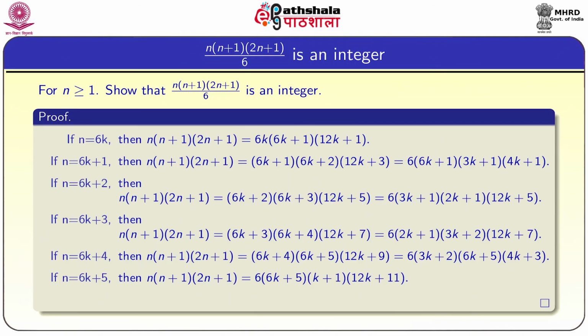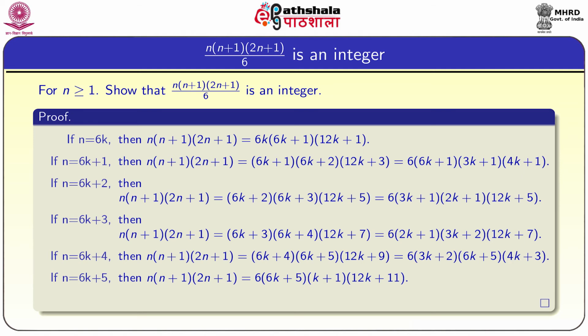So, now we want to show another result, that n into (n plus 1) into (2n plus 1) by 6 is an integer. Before proving it, this is one case where we will use the division algorithm. It means I want to show that n into (n plus 1) into (2n plus 1) is divisible by 6. So, for me now A is n into (n plus 1) into (2n plus 1), and B is equal to 6. So, 6 is not equal to 0, so I can apply the division algorithm.